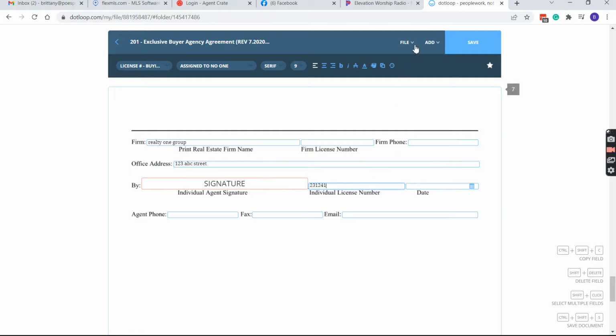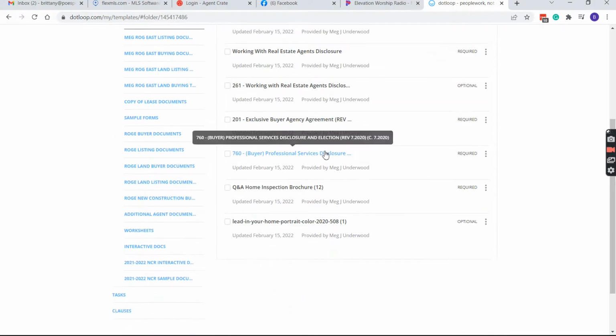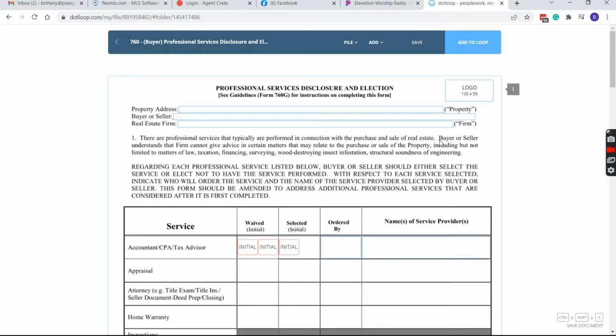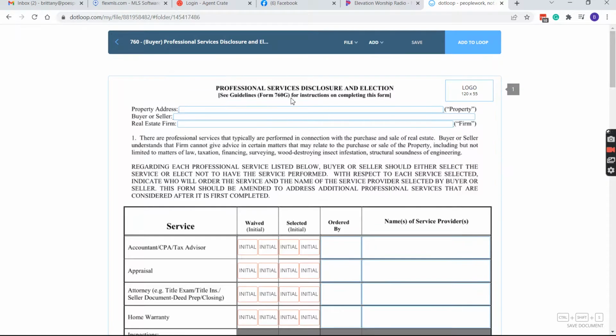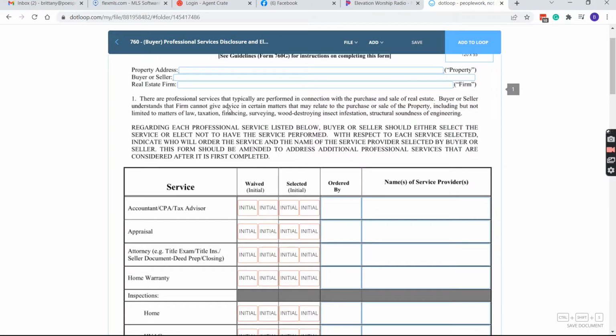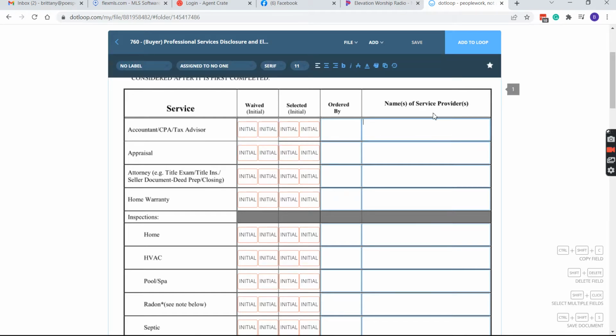And I'm just typing this in so you guys will kind of get a feel for how this is going to look. So this is another form that's super helpful to have pre-filled out. This is our professional services disclosure form, and it basically is you're going to be telling the client the services that can be provided, and if they choose to have these services, you could put the names of the service